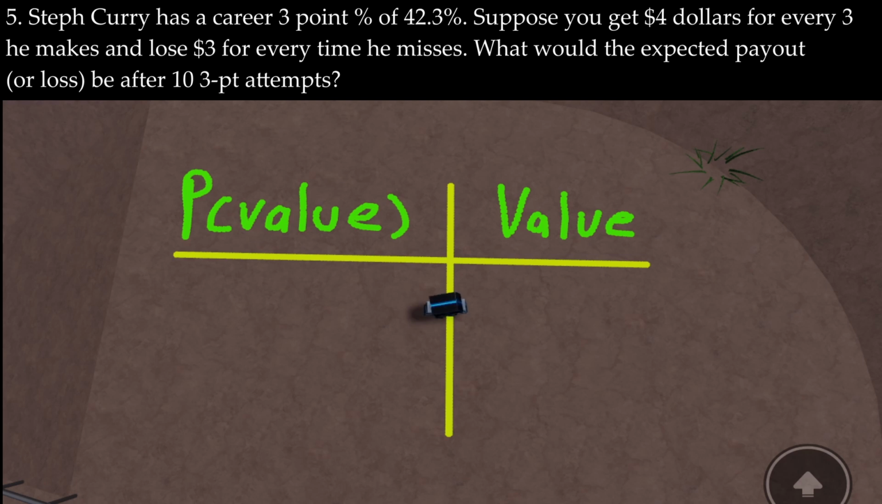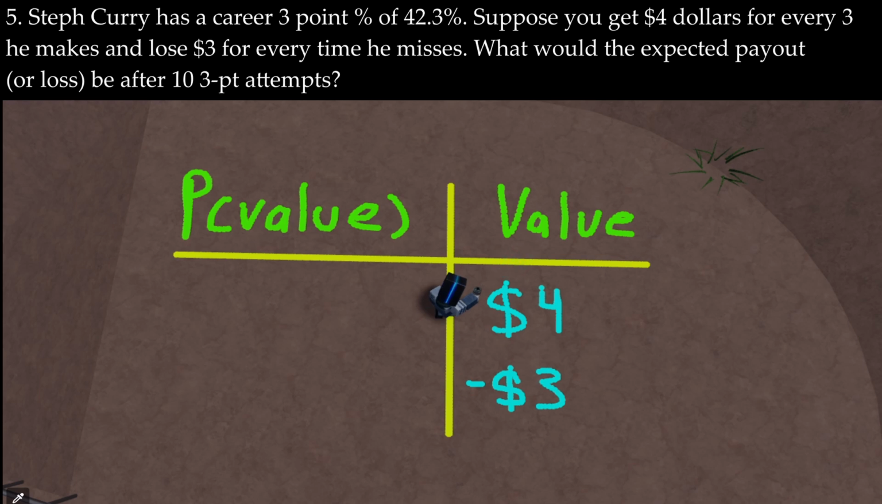So first, the values are you could win $4 because if he makes a basket, you get $4. And if he misses the 3-pointer, you're going to lose $3. So that's minus $3 there. And now we need to find the probabilities of these. So the probability of making that 3-point shot, that's